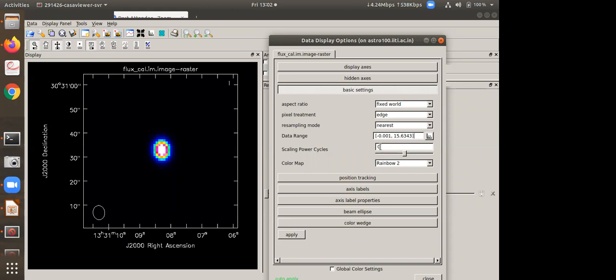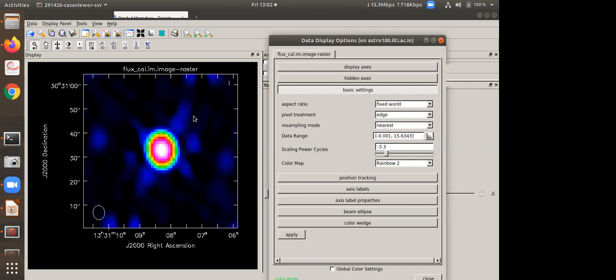Now I am changing the scaling power, to minus 1 or maybe a little bit more. Some noise is now also showing around that source.